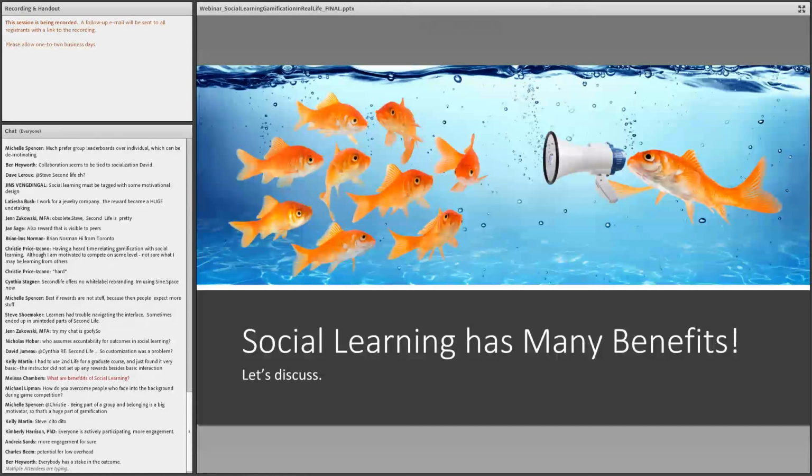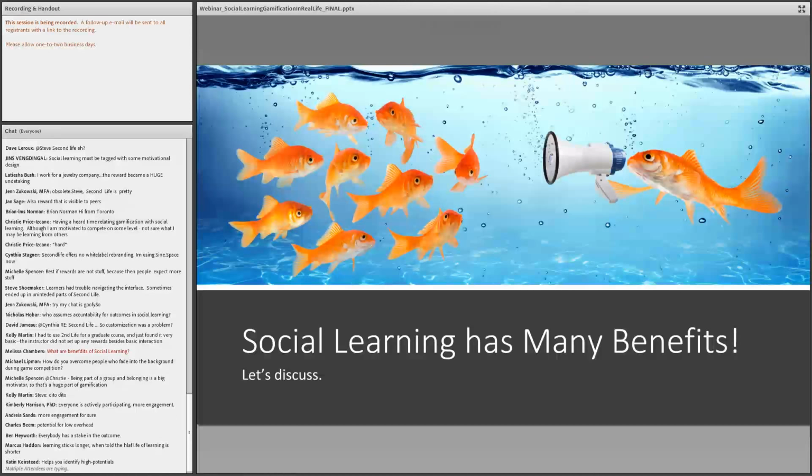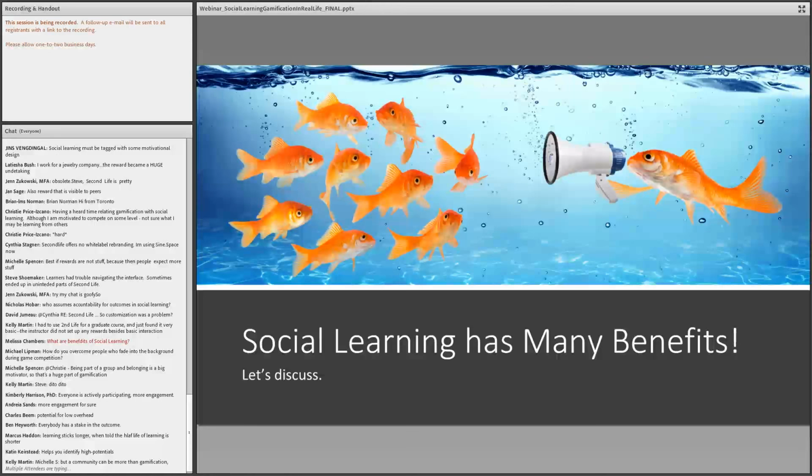Social learning is a little bit more flexible in the sense that you probably don't know everything that people are passing along to each other, but you're just trying to guide them toward an ultimate outcome. So you make sure that the class content is information that those people need. You make sure that there are objectives that you're covering, and you hope and try to guide the social learning to support those objectives.